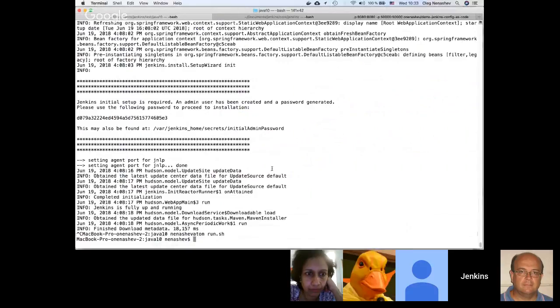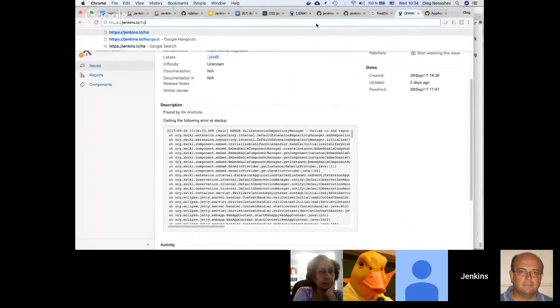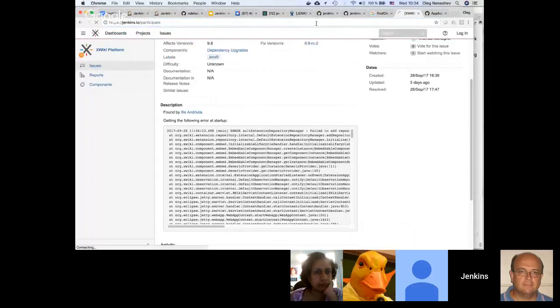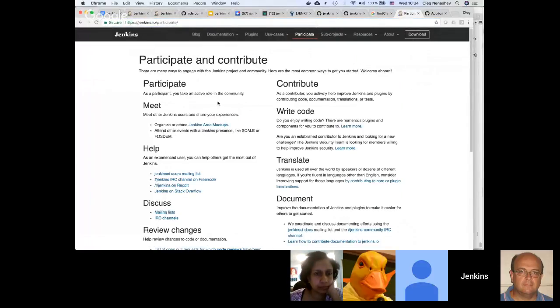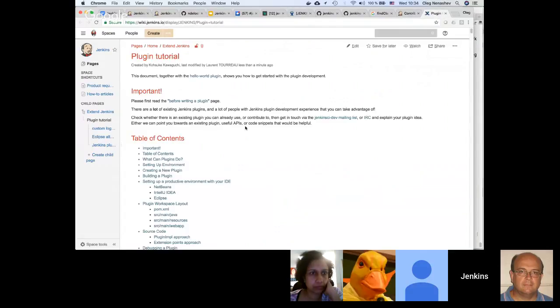Okay, so if you want to develop Jenkins, I'll probably repeat some bits from yesterday's call. Yep. But yeah, we have the Jenkins.io participate page. It's a landing page for all kinds of contributions and development. So if you are interested in writing code, you just click here. And there are some guidelines like the beginner's guide to contributing, how to get started, and how to set up a plugin development environment. And yeah, these would be starting points for those who want to contribute to plugins.